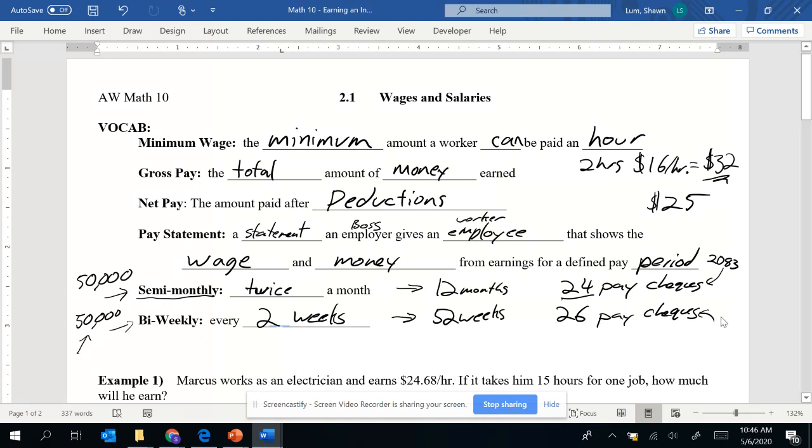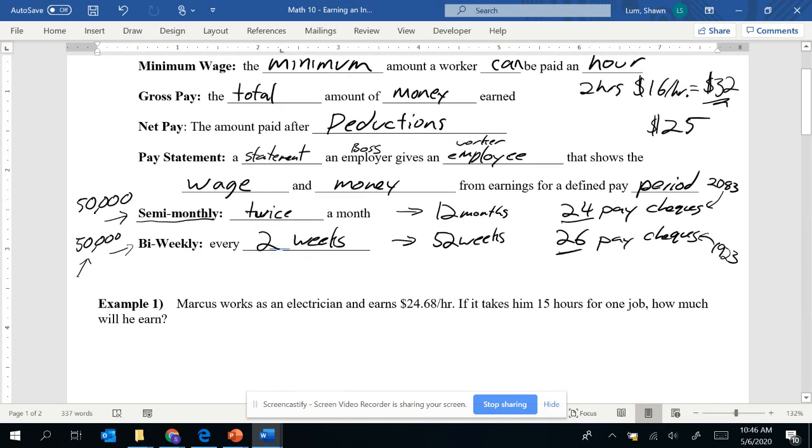They'll be only getting $1,923 and 8 cents for every paycheck. But they'll be getting two more paychecks, and that'll make up the difference. So they get paid the exact same amount, just this person gets paid more often. Okay, so now that we understand some of these terms, and we're going to be adding onto our vocabulary